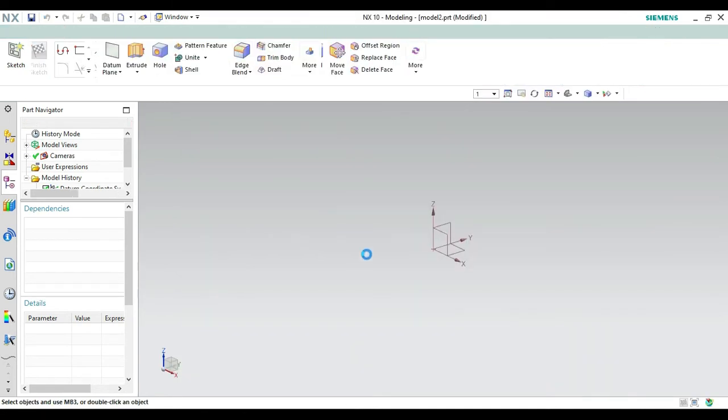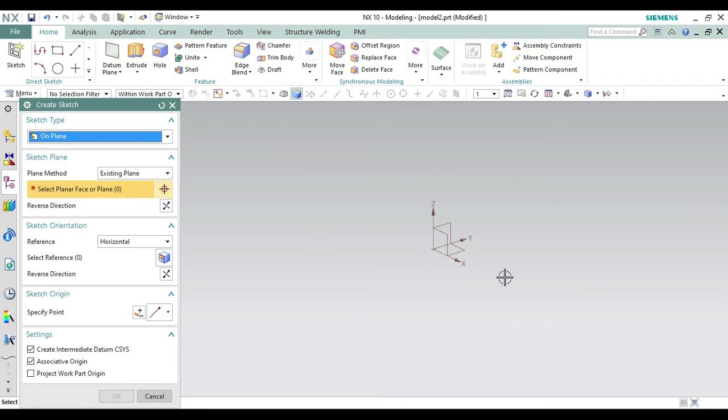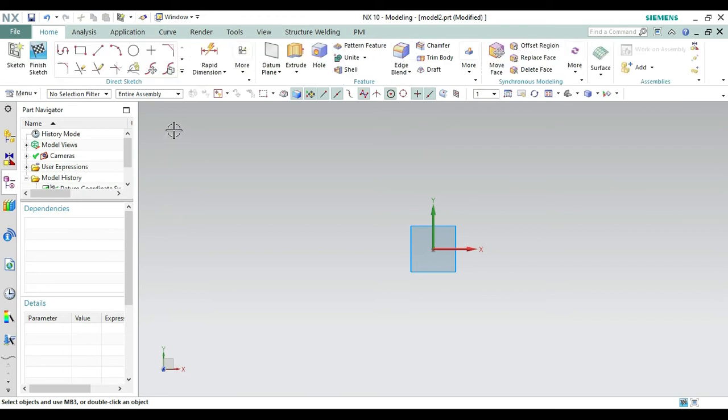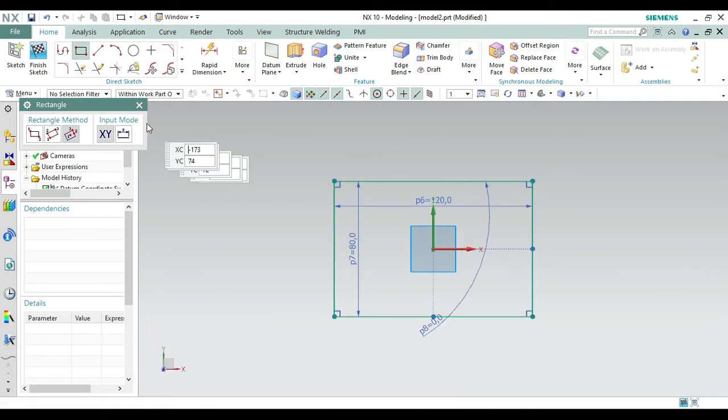Next, as usual, we select the sketch, meaning on which plane we are going to work. Selecting this sketch, now select the planar face, select this XY plane and make it okay. Now we have to create the base first, so let's use a rectangle, bringing it from the center, taking this as the center point. We have to take a width of 120 and a height of 80 and make the angle 0 or 360. It will be taken as equal, like this.